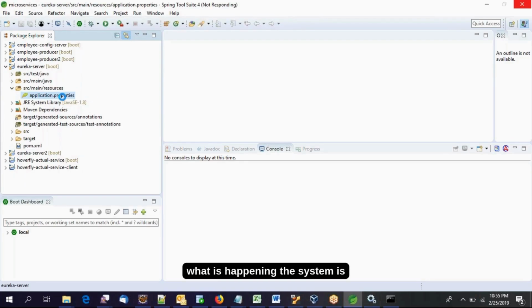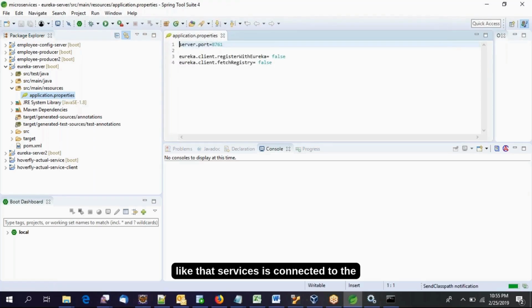So here what is happening, the system is like that: services are connected to the web app. Now we want the mobile app. So across India we can go until we have an Android app feature also. Now if you will see here, the Eureka server, okay,